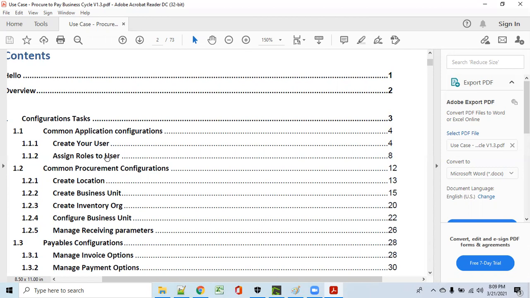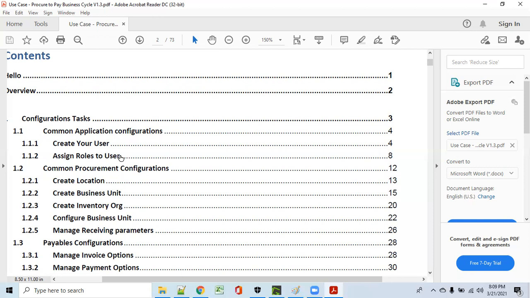Okay, next one, assigning the roles to the user. So these assigned roles will also be different. If it is business users, we have to ask which module these business users belong to, either procurement, inventory, order management, or HCM. There are a lot of things. So as per the module, the admin users, IT admin, IT security manager, will assign the job roles to the required people based on their module.